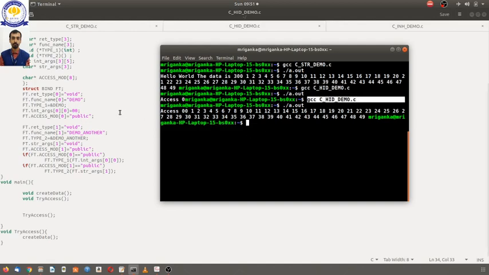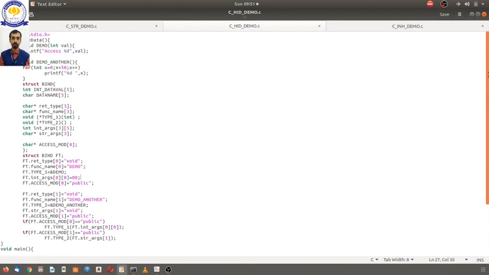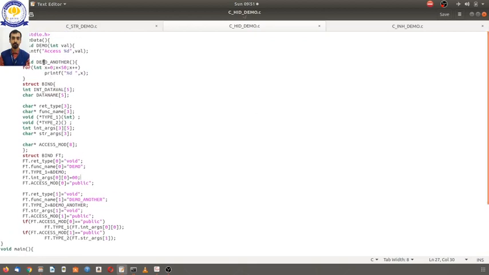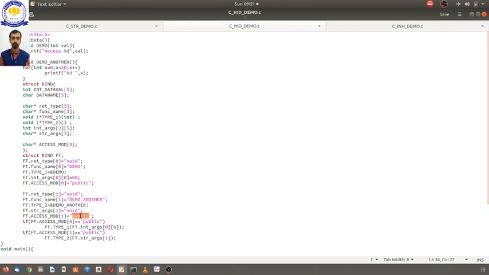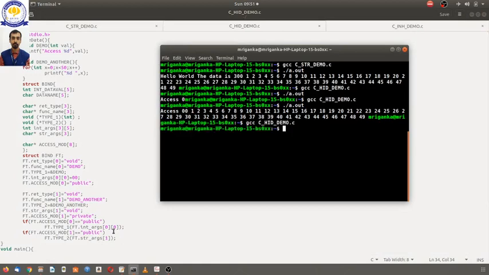So by changing the modifier from private to public, we are exposing our data. We are hiding this function, this demo another function. If we make it private, that is one of the things we may want to do.